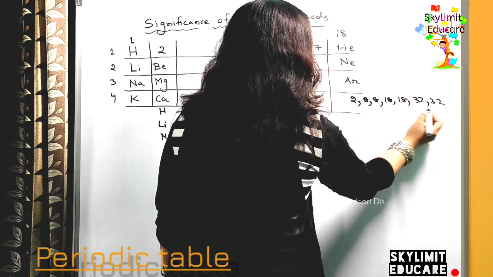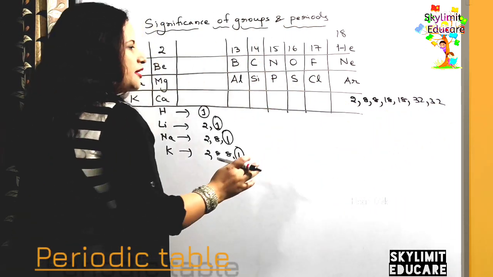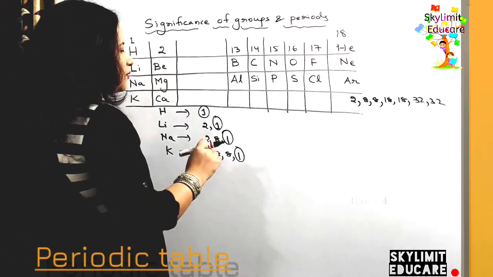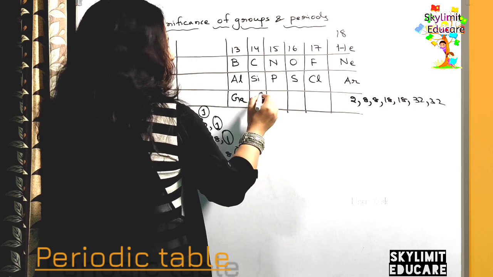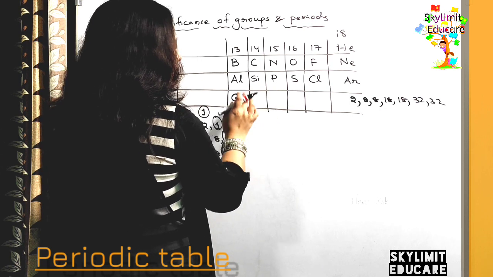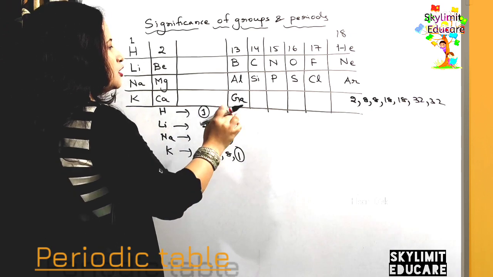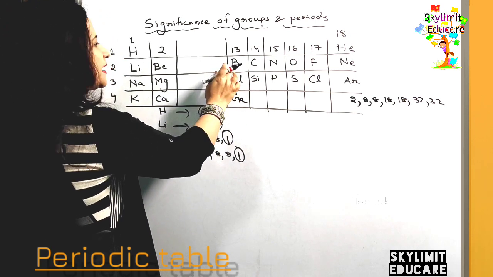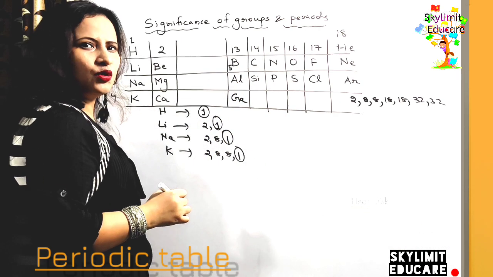This was the sequence in which you are going to learn the number of elements in the periodic table. So even if you do not know the atomic number, you can decide and write it down. See how. Suppose you have boron, aluminium and gallium. Boron belongs to the second period. The atomic number of boron is 5.